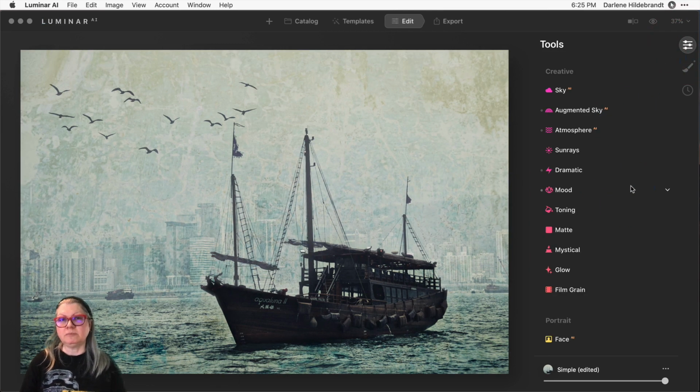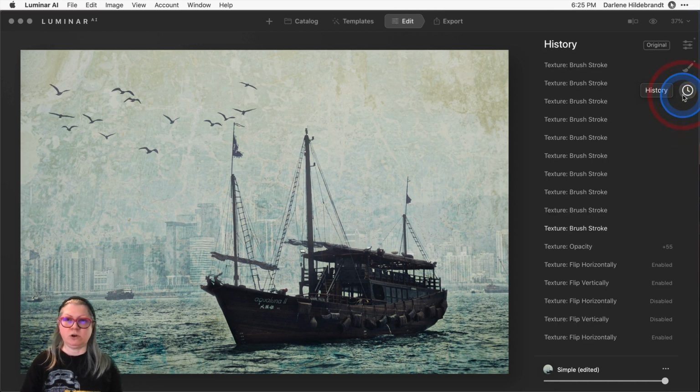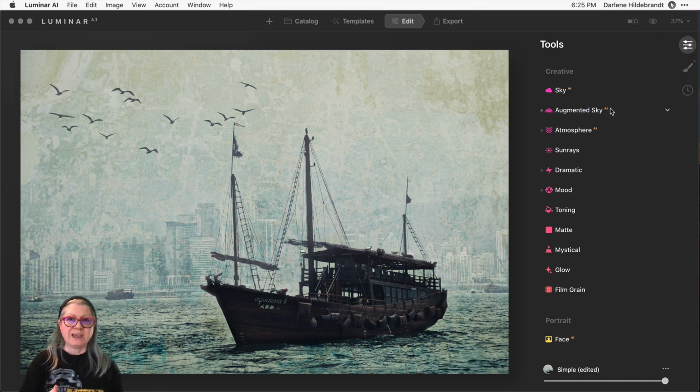Make note that anytime you're doing editing inside of Luminar AI, these are non-destructive edits. What that means is you can undo them anytime, as I've demonstrated before with the history tool over here on the right, the little clock, or you could completely revert to the original, or you can update or change any of the settings that you've already applied. So you're not cooking in any of these things until you go to make a final export.